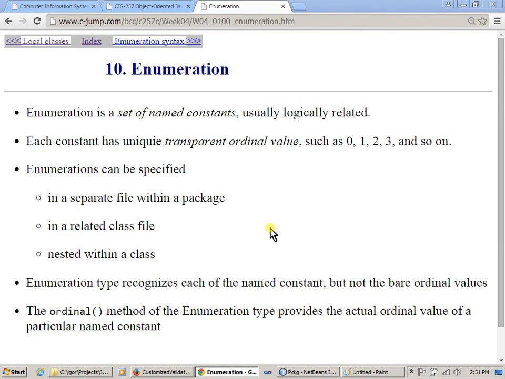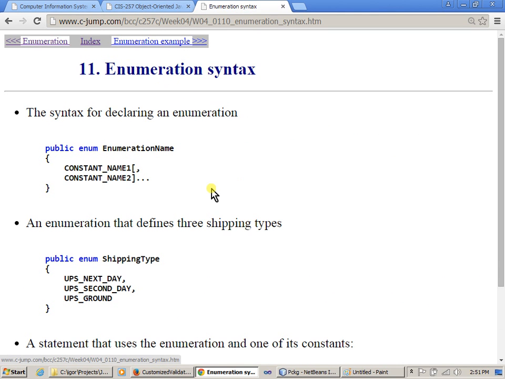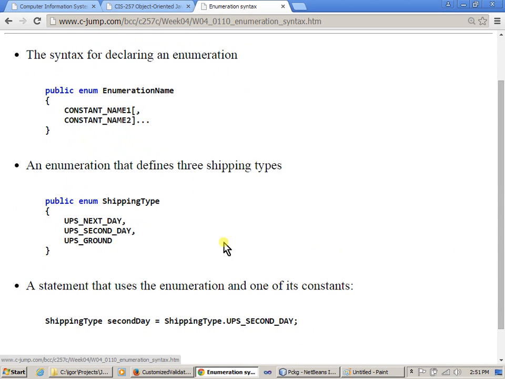By its definition, enumeration is just a set of named constants. So let's take a look. The syntax is very simple, and very similar to a class. You can see that an enumeration here named shipping type says these are the shipping options, and the shipping option could be next day, second day, or ground service, which is like a regular, perhaps the cheapest type of delivery. Okay, so let's talk about the shipping types